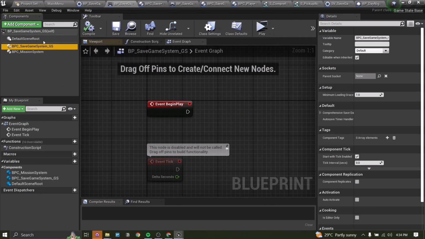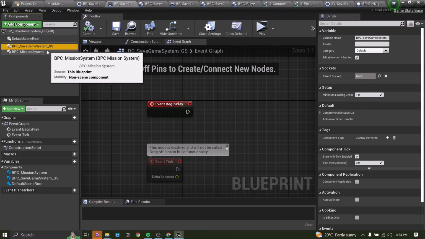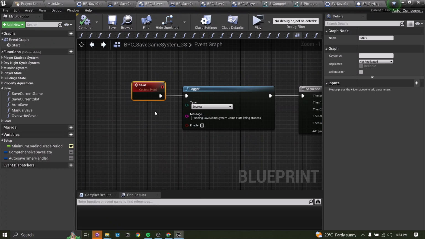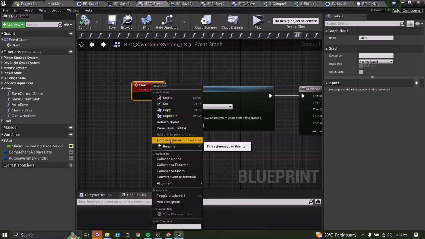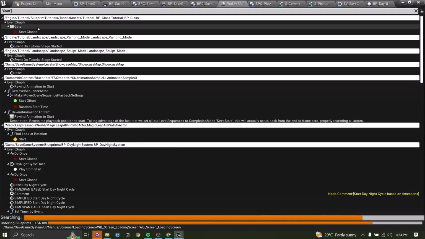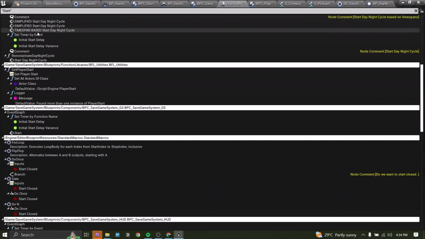Because you have added it as a blueprint actor component, but it won't get triggered at the begin play, because that's not the ideal case, as you may require some custom loading features as well. That's why we haven't added that start feature for the begin play, but you can go and find the references. So here you can see that under the references,